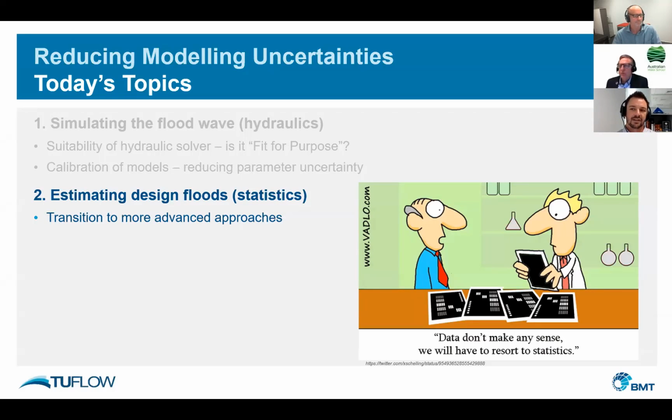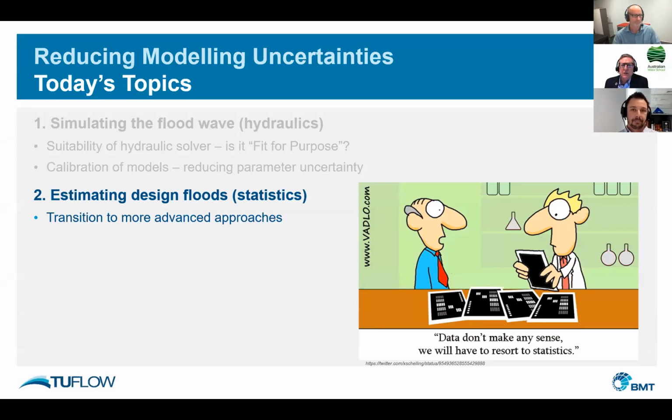Can I just add to that? It's also very important that you calibrate to multiple events of different magnitude. I've come across a few studies where they applied a unique Manning's n value for the river, depending on the size of the event. And I actually see that as an indicator there's something else wrong in the model. So you should be able to have a model that can run for the full suite of floods, from a tidal simulation up to quite a large magnitude flood where most of the flooding's in the floodplain, using one input model, I guess. You're just changing the boundary conditions.